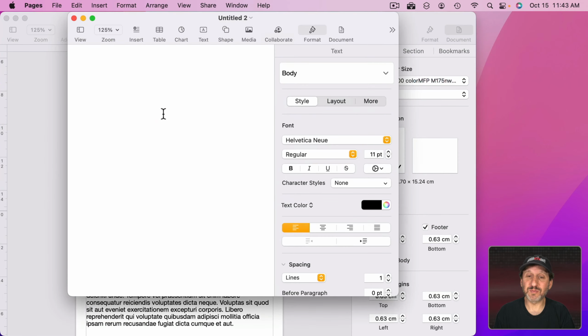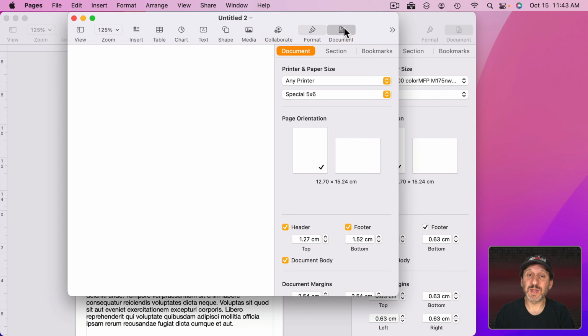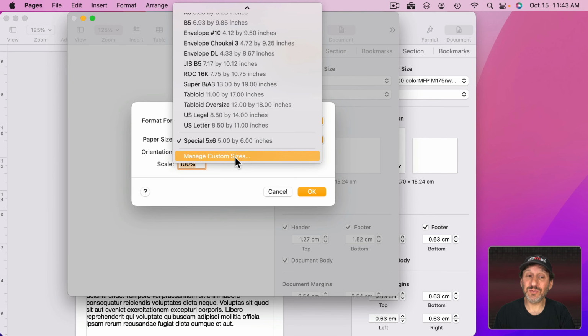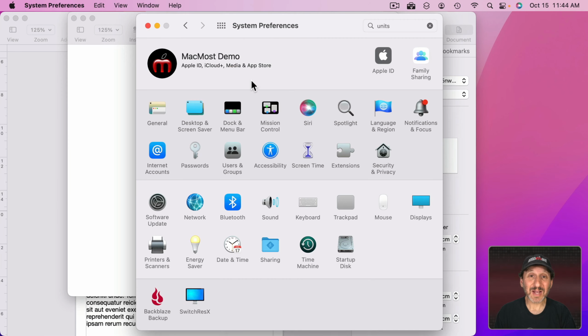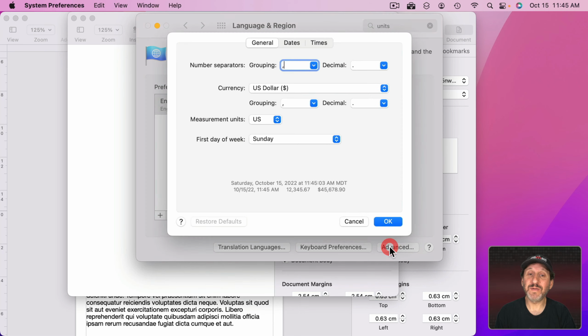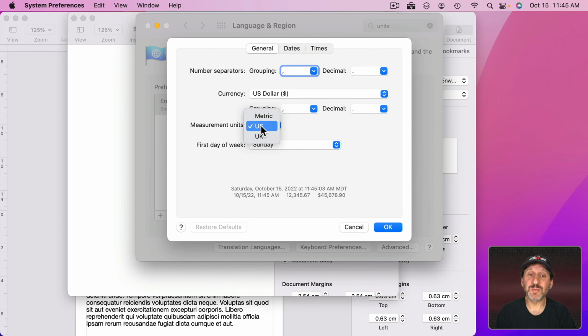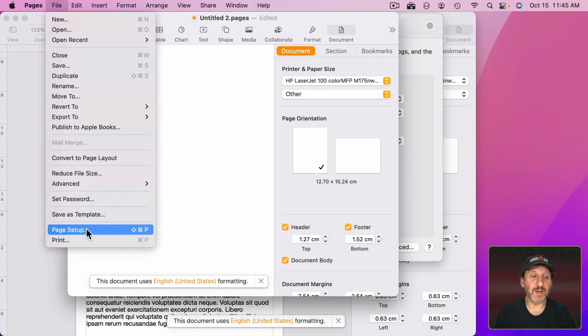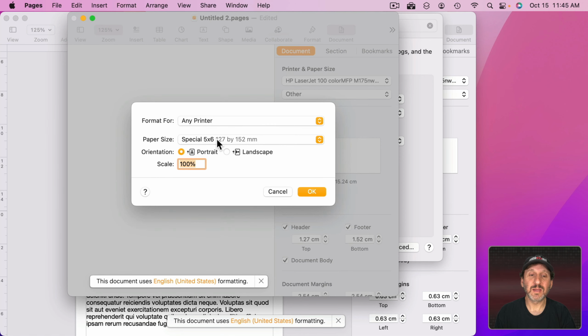So let's create a new document right here. Notice under Document I've got now centimeters for page orientation. And then I go to Manage Custom Sizes. It's still going to be in inches. To actually get it to do centimeters there, I need to go into System Preferences and then go to Language and Region and then go to Advanced. And under there there's Measurement Units. If I change that to Metric, now when I go in Pages to File, Page Setup, then I'm going to see